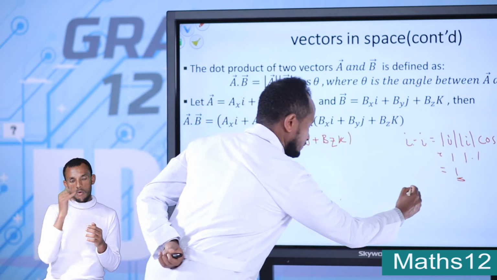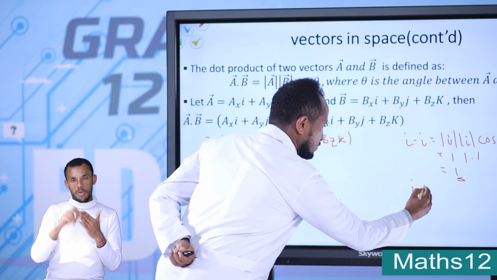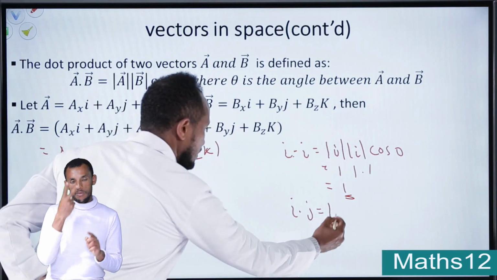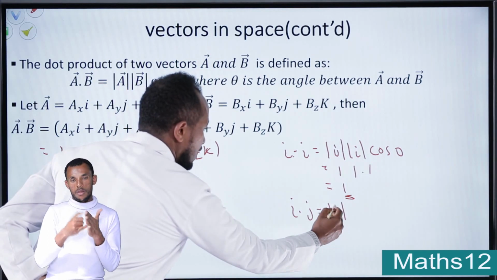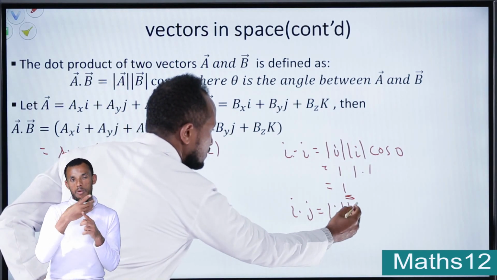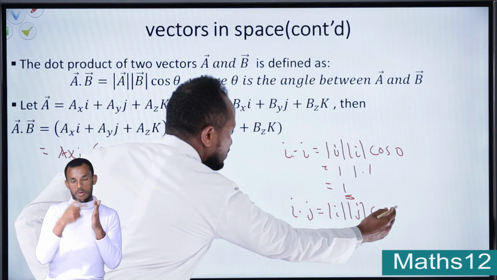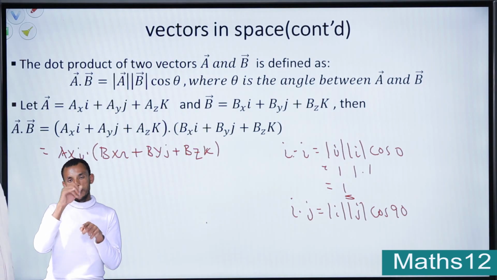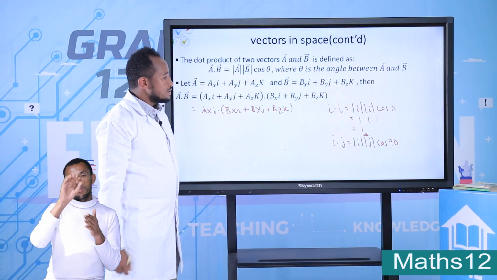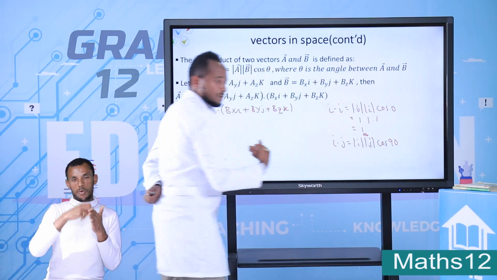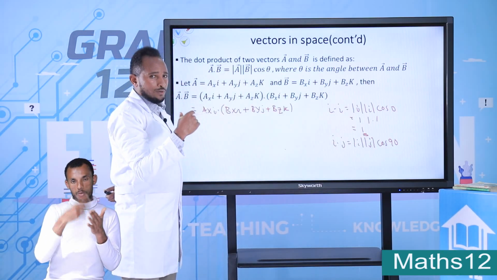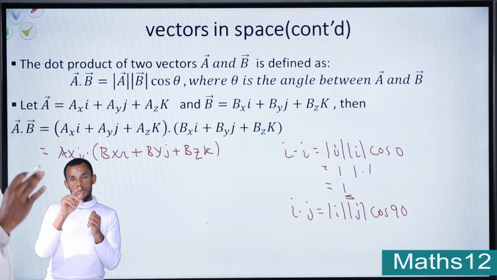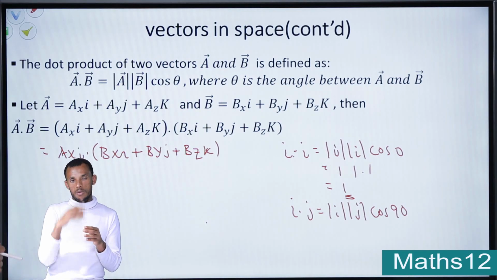If you take the dot product of I dot J, when you apply the dot product for this, it's magnitude of I times magnitude of J times cosine of the angle between the two, which is 90 degrees. They are perpendicular. I, J, K are mutually perpendicular. So cos 90 is 0. So this product will be 0. Therefore, the dot product of I with J, I with K, J with K, and so on is 0. So using this fact,